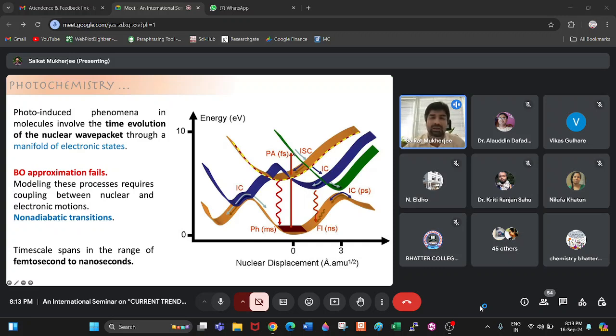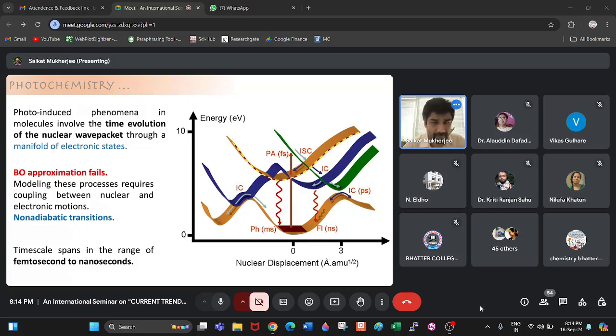And then your molecule can come down to other excited states. If it is the same spin multiplicity, we call it internal conversion. If the other excited state has a different spin multiplicity, let's say singlet to triplet, we call it intersystem crossing. And then finally, from singlet to singlet fluorescence happens, and from triplet to singlet, final relaxation happens